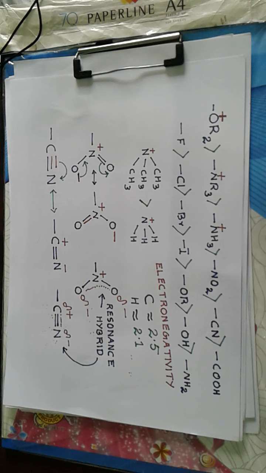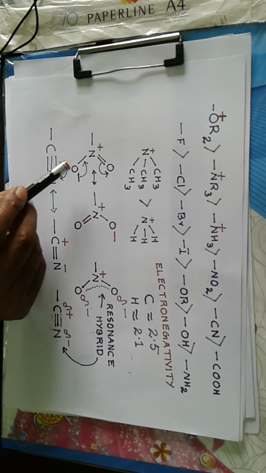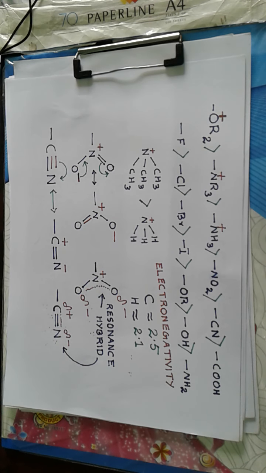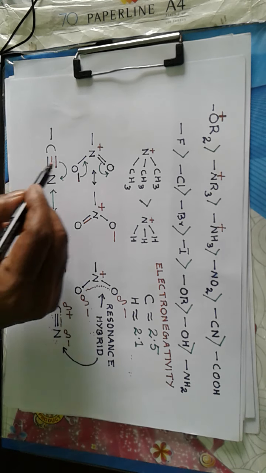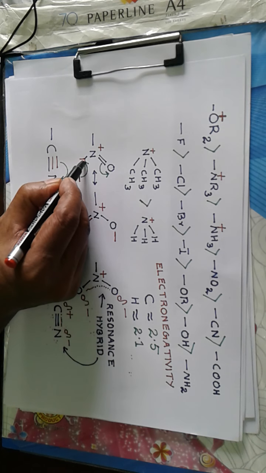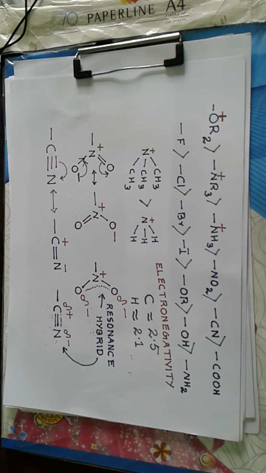So that is the difference between human beings and atoms. Atoms are ready to donate their electron density or electrons to other atoms, molecules or ions or any other bonded atom. So O negative here will be ready to donate its electron towards positive nitrogen. Then we say O negative shows a plus I effect.